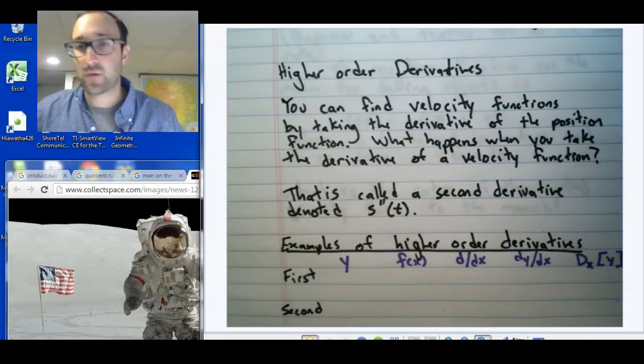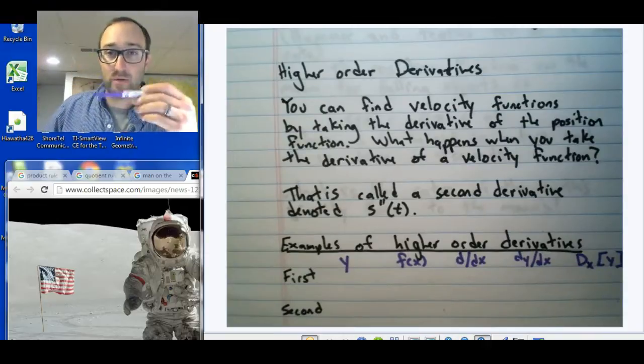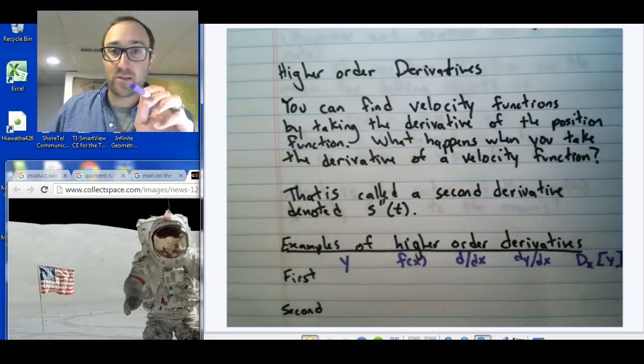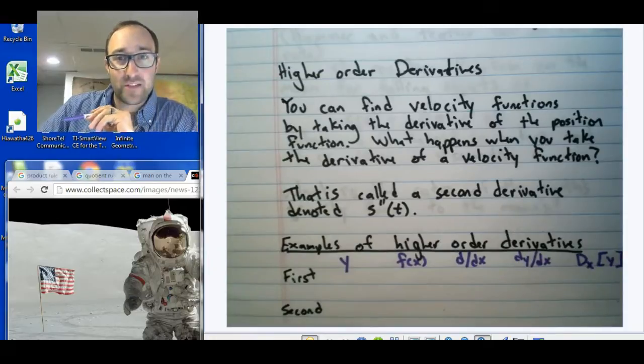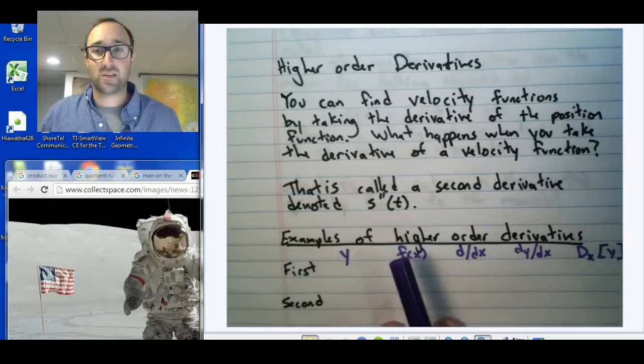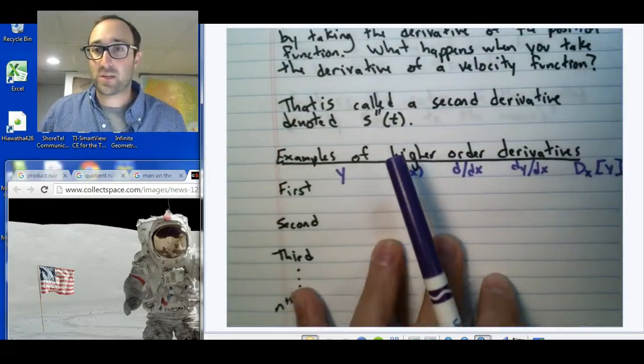is called the second derivative. You can actually take a derivative of a derivative. That's right, a derivative of a derivative. Okay, so it's kind of like math inception. Alright, so now what we're going to do is just see some notation for the second derivatives, third derivatives,